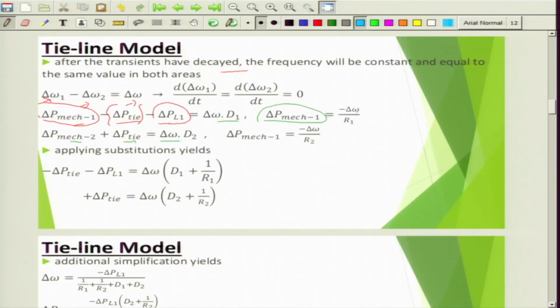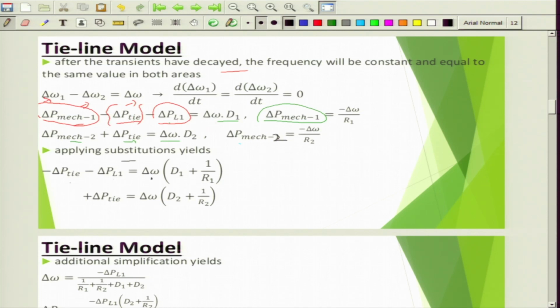So that's what we have written here. Delta P mechanical 1 is equal to minus delta omega by R1. Delta P mechanical 2, this is not 1, this is 2. Delta P mechanical 2 is equal to minus delta omega by R2, right. Now applying our substitution yields, minus delta P mechanical 1 minus delta PTI minus delta PL1 is equal to